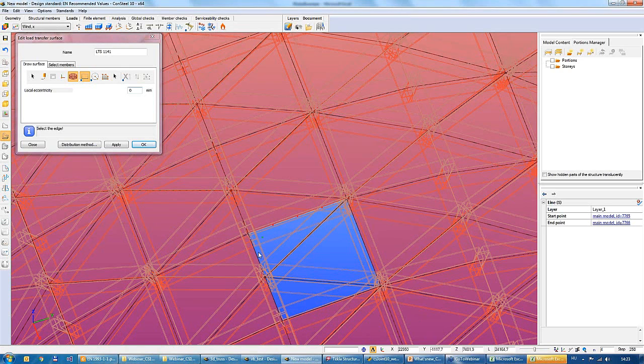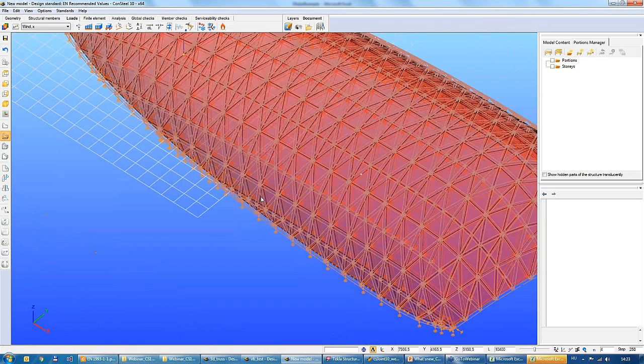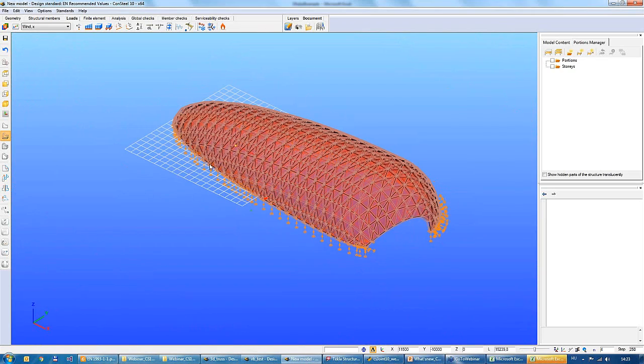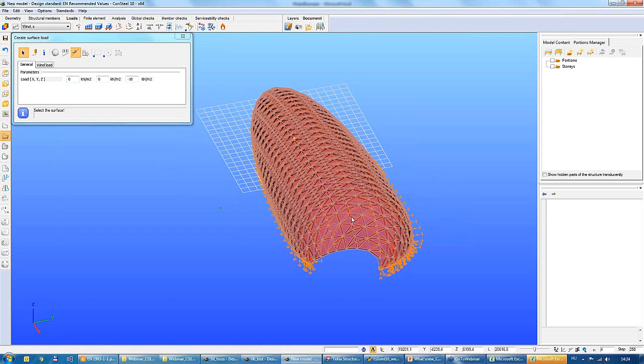but if you select the edges with simple clicks, it will be drawn too. Okay, so we have our load transfer surfaces. We could apply loads on it, but let's try it out. I will place surface loads assigned to the local coordinate systems of the load transfer surfaces, but as you can see,